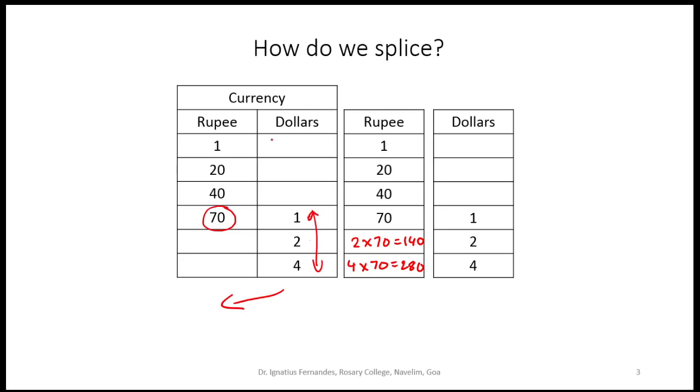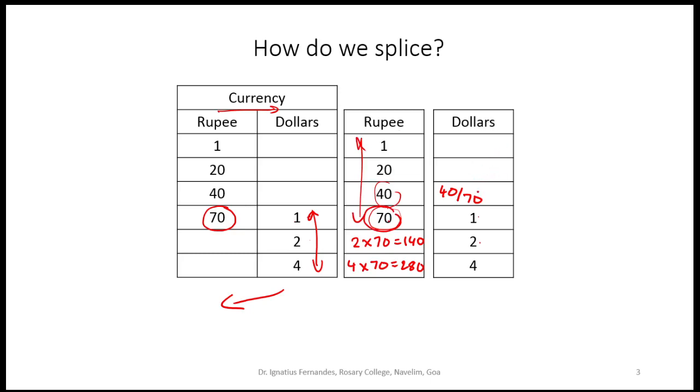The same way, if I were to convert rupees into dollars, what will I do? Now I want to change everything in terms of dollars. I know that 70 rupees is $1. So if I had 70 rupees with me, and I have to convert in terms of dollars, I have to just divide 70 by 70. Because I know that 70 rupees is $1. The same way, if I have to convert 40 rupees into dollars, I will have to divide 40 by 70. So here we have to divide each of these values by 70 to convert them in terms of dollars.